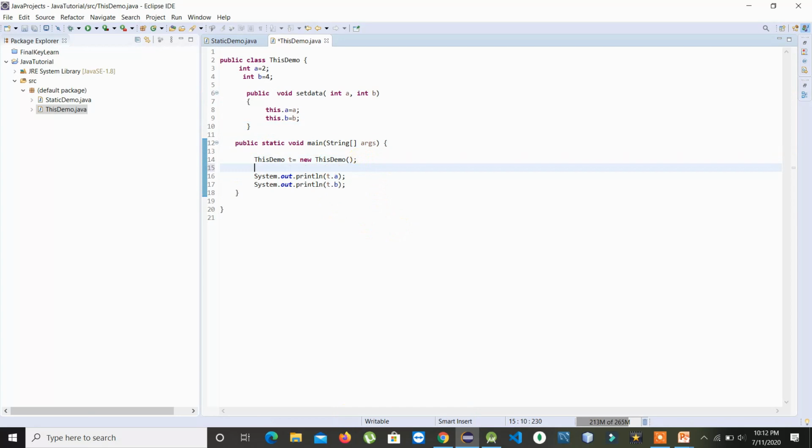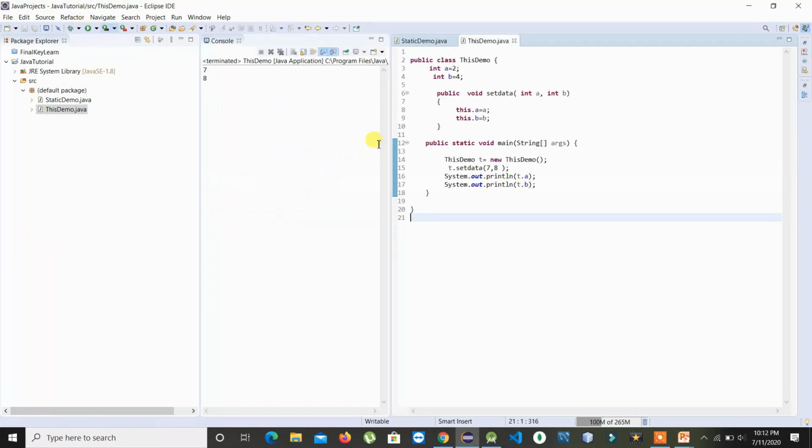And what we'll do is t.setData, and I'll set it as 7 and 8. Alright, so let's try to run this, and there we go.